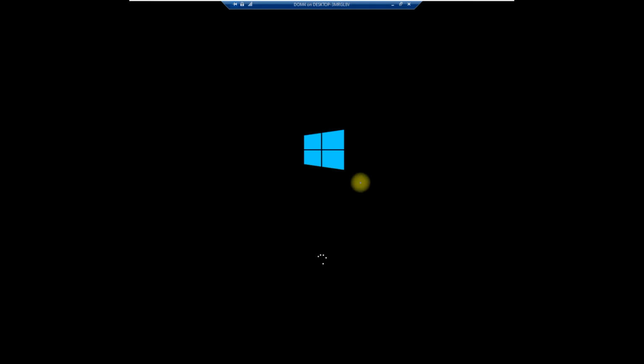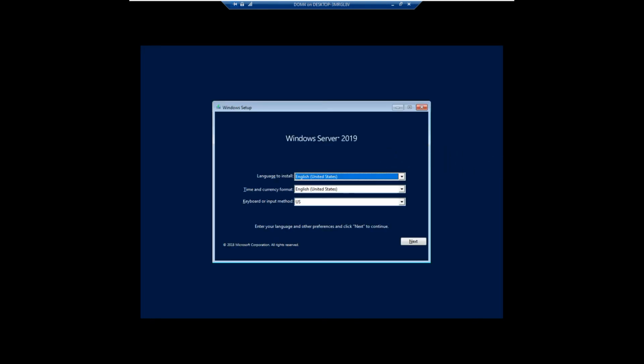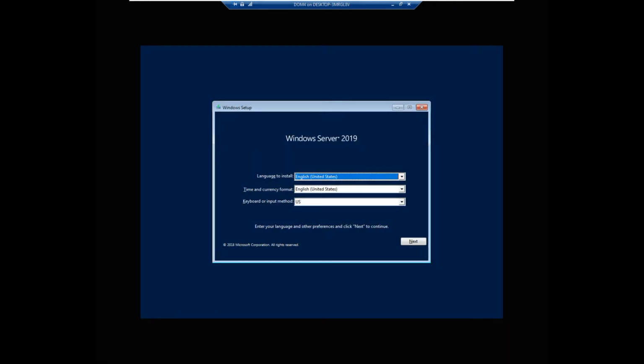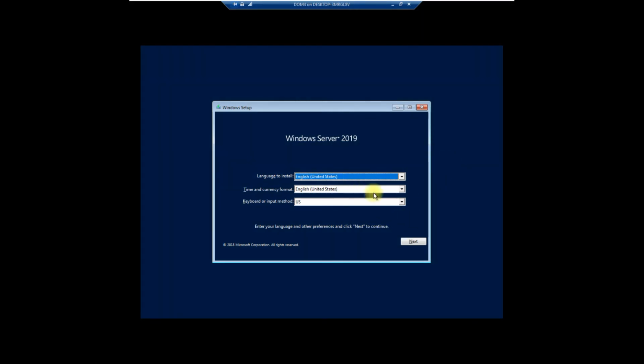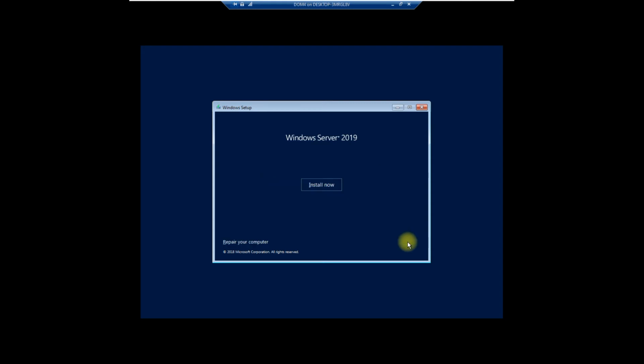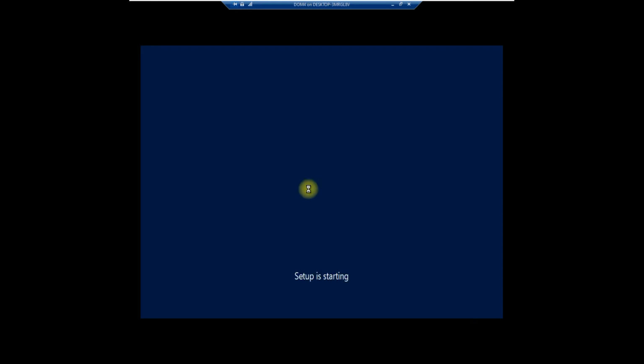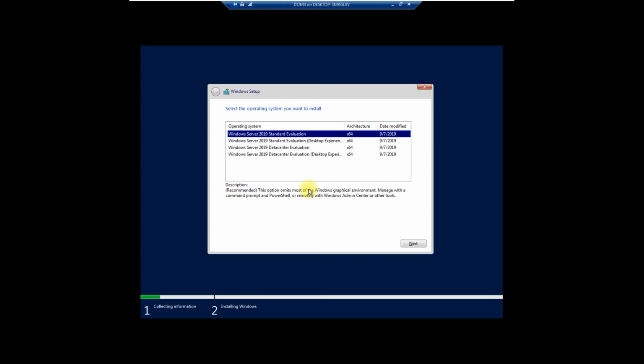Okay, so we'll have to select that option. Click on install now. And we have to select this option to select the desktop experience, as I'm not going for the CLI, so we have to select the desktop experience.